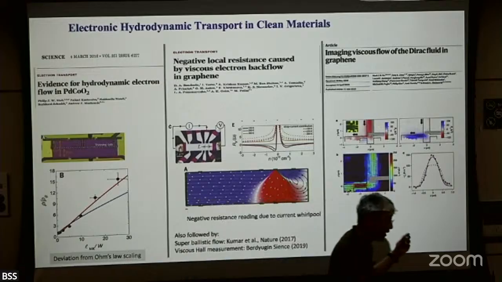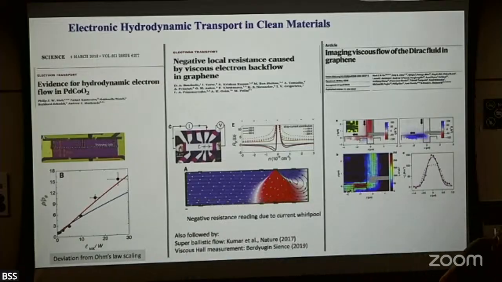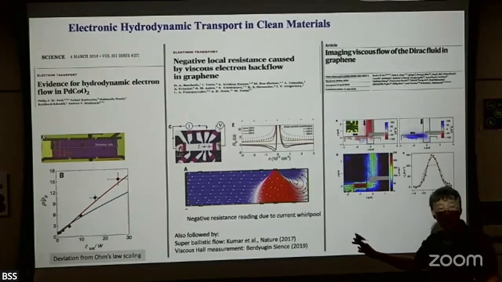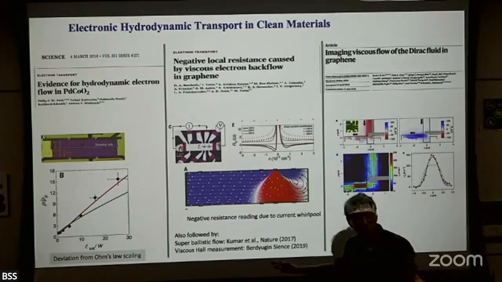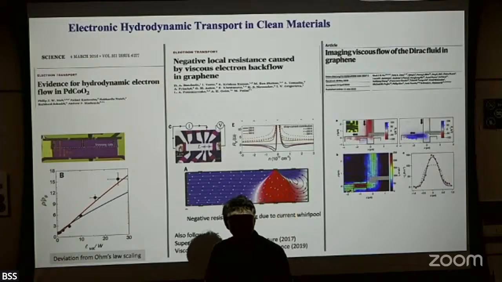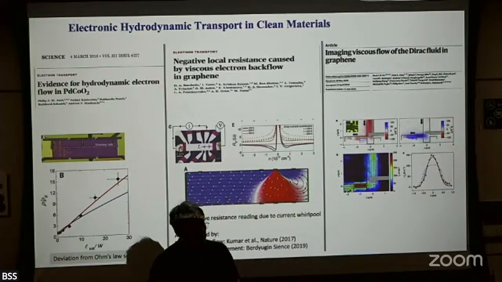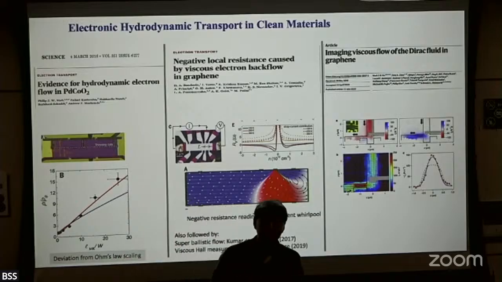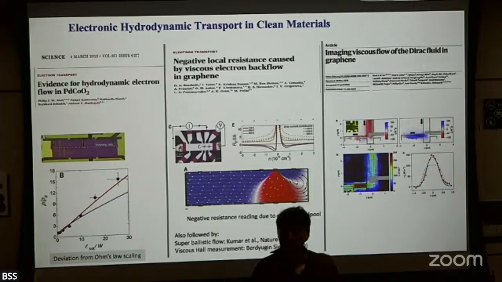I'm skipping most of the other discussion, especially the effect on thermal transport in this system. Thermoelectric transport altogether strongly deviates from what we expect to see in the other transport regime, in particular because hydrodynamic transport is inherently a non-local phenomenon. Therefore, you start to see rather different behavior.